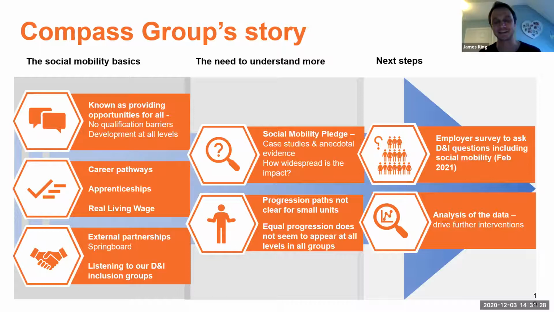We're very much at the start of our journey when it comes to measuring social mobility data. But I think the key message is, whilst the data obviously is super important, I think hopefully what I've been able to demonstrate is that you can do lots of really good interventions that we know support great social mobility without your data, because we haven't got data yet, but we already have done some good stuff. So don't need the data to start, but I think definitely we've got to the stage where we believe we need the data to take us to the next level.